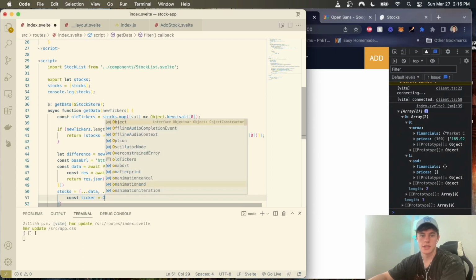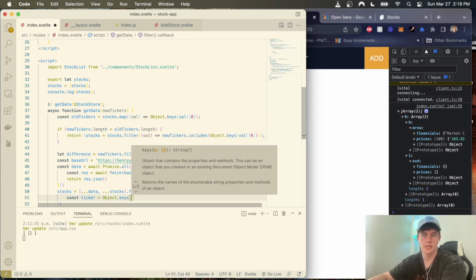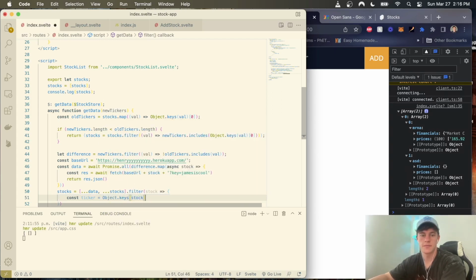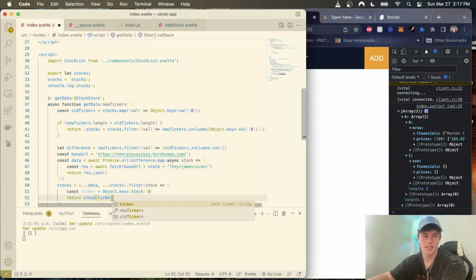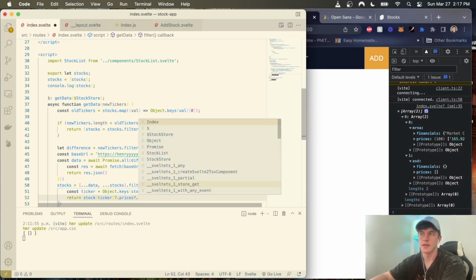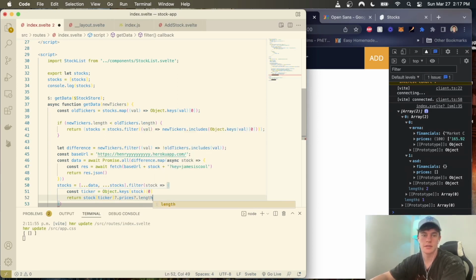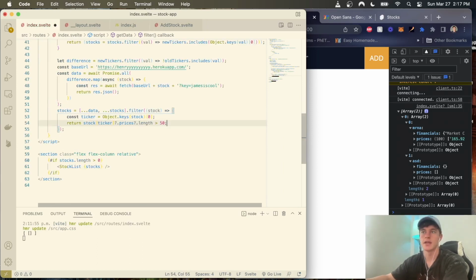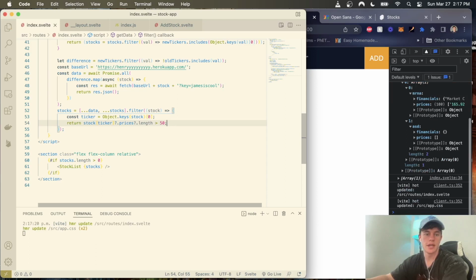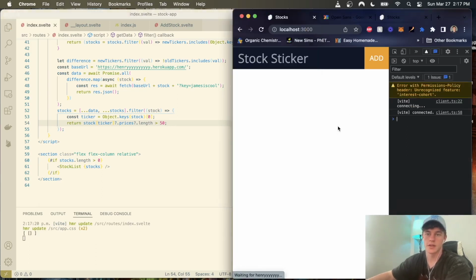Const ticker is equal to Object.keys stock, access that first index, and we're just going to return stock, pass in the ticker, if it exists, prices, if it exists, length is greater than 50. So this is just going to make sure that we get a valid result back, and if it's not, it's going to filter it out. And so with that, all that funky logic,